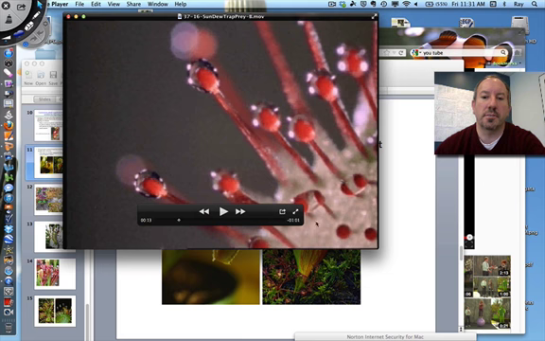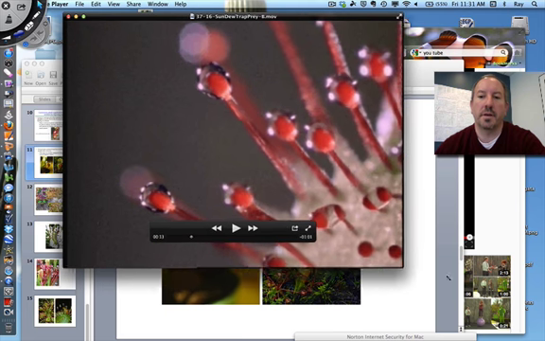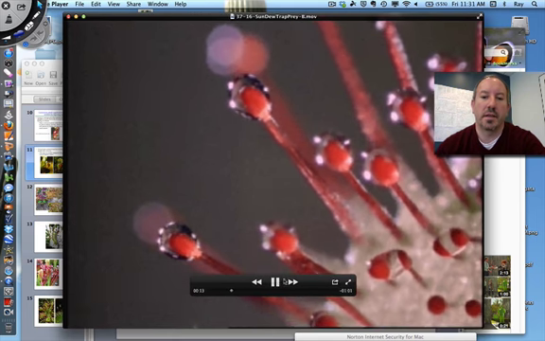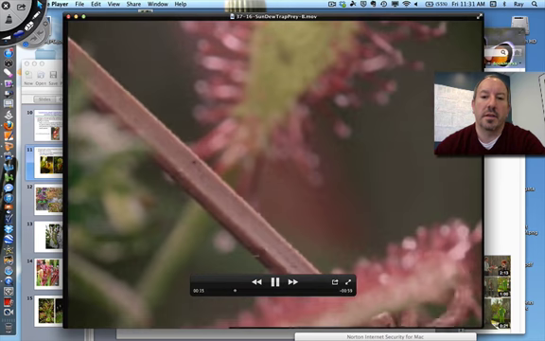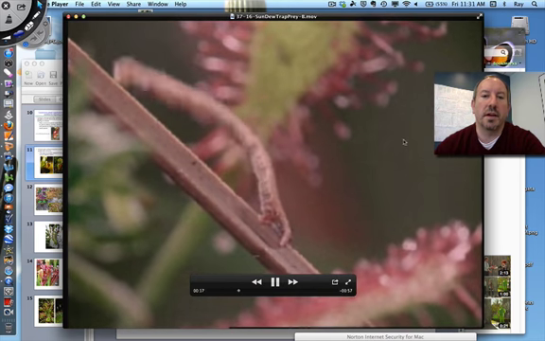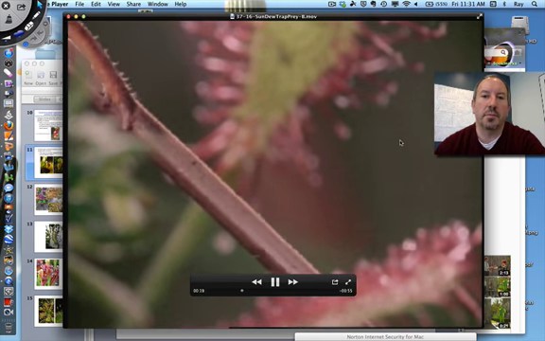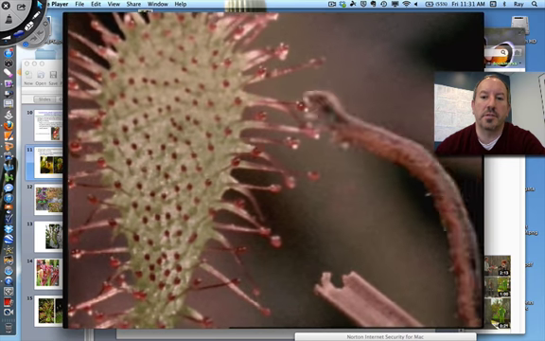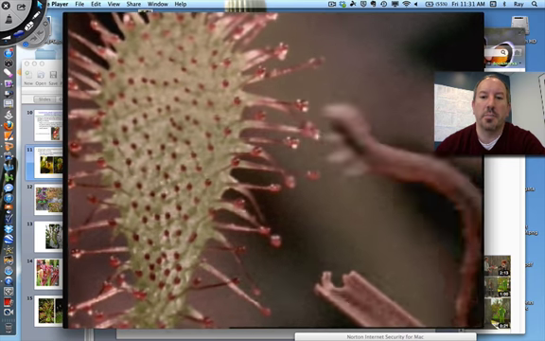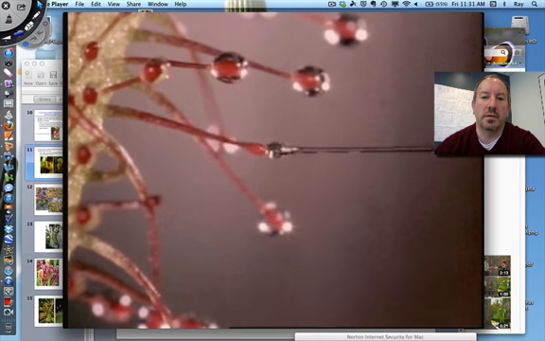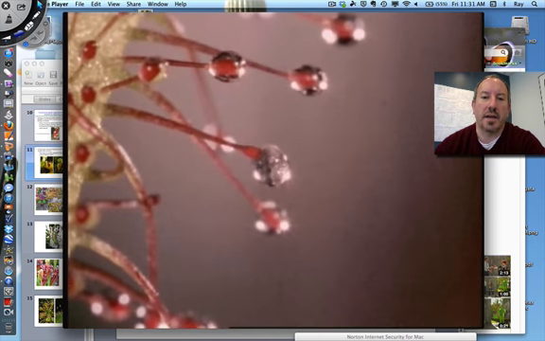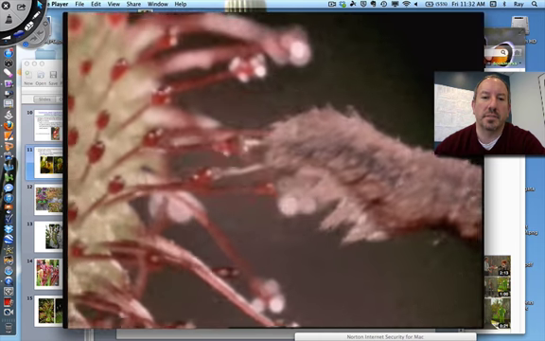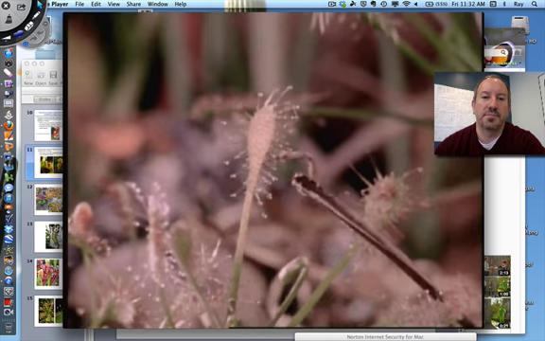And so check this out. Let's see if I can increase the size on this. And so here's a little tiny bug, maybe an inchworm or something like this, and it comes up like this, and it's like, look, this looks pretty sweet, maybe I'll eat it. And so it's poking around, and then it's stuck. It's sort of like bubble gum. It's sticking to the bug,